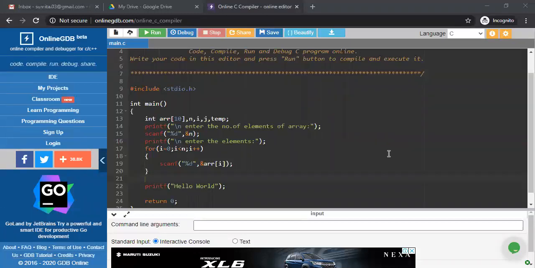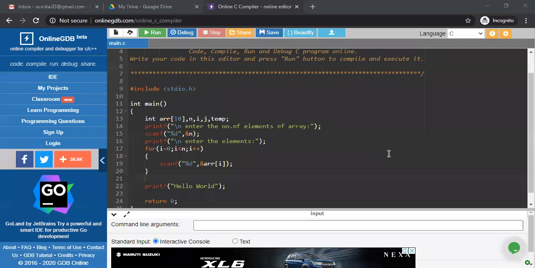Why? Because n is equal to 8, we require n minus 1, which is 7 passes. But according to the syntax of arrays, we start our index from the 0th position. So 0 to 6, a total of 7 times my loop is executed.